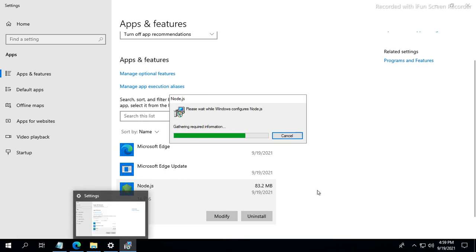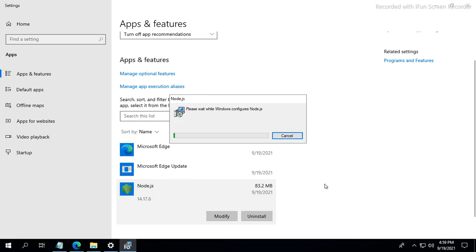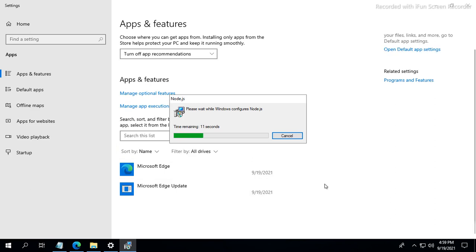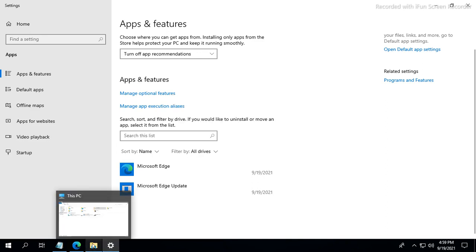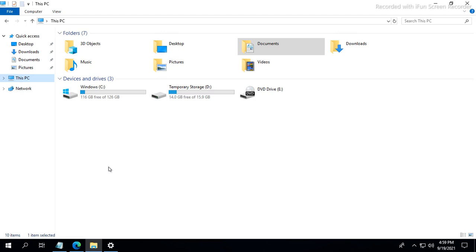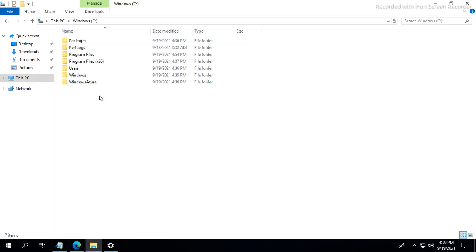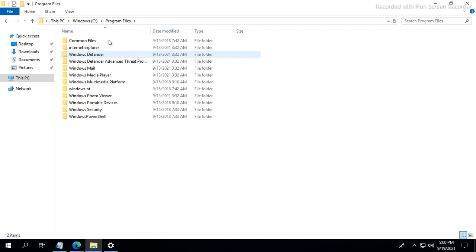It's uninstalling and deleting the files from Program Files. Almost completed. Yeah, completed. Now we have uninstalled Node.js. Again I am going to C: Program Files. Here I am not seeing the Node.js folder.